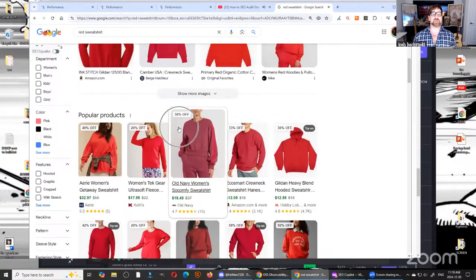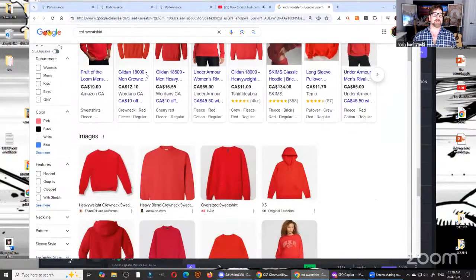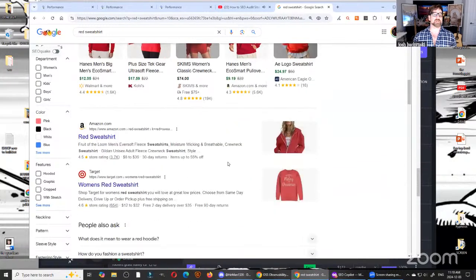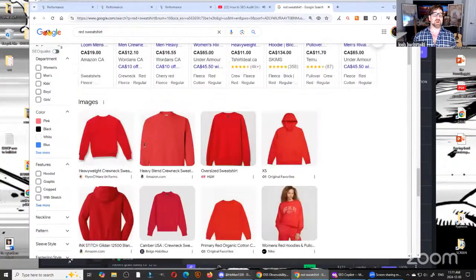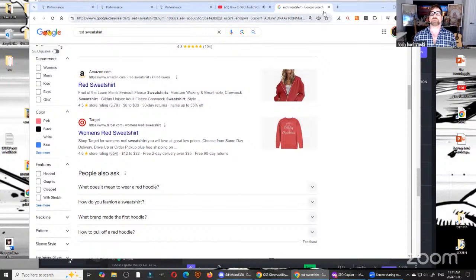All of this can be included as well. The sponsored, which is the paid ads, the images, the popular products, are all counted in some way, so that this is not ranking number 1. In our SEO terms, we might consider this to be number 1, but it's not considered number 1 as reported necessarily by Search Console. So you have to keep that in mind.